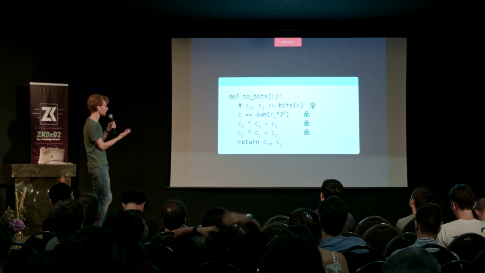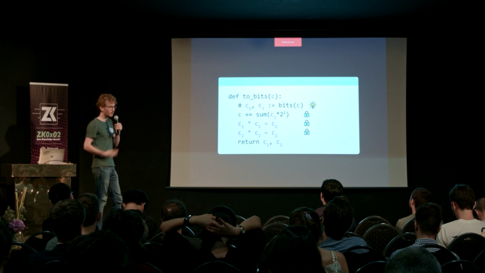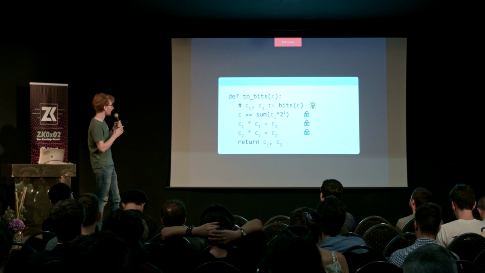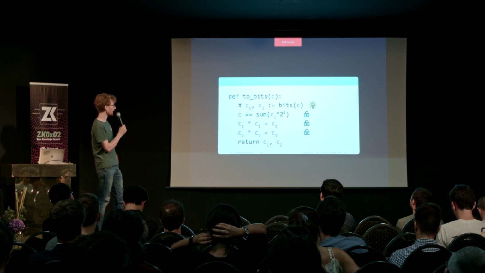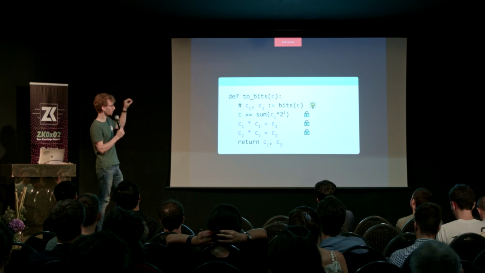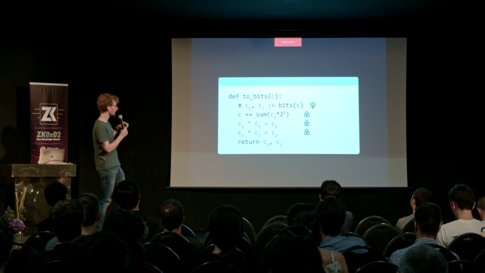and imagine you only have this abstraction that we had before, which is just a bunch of constraints that are just multiplication and additions. Actually, it's going to be really, really hard if you just have those tools to go from a number to its bit representation. But here we can see what's actually being used in those systems in order to have efficient circuits, and it's the following. It's to say, instead of executing the bit decomposition in the circuit,